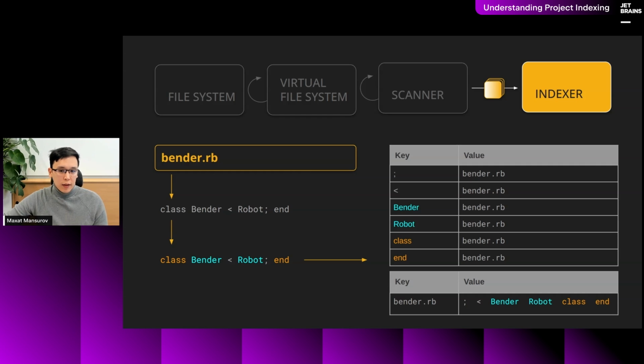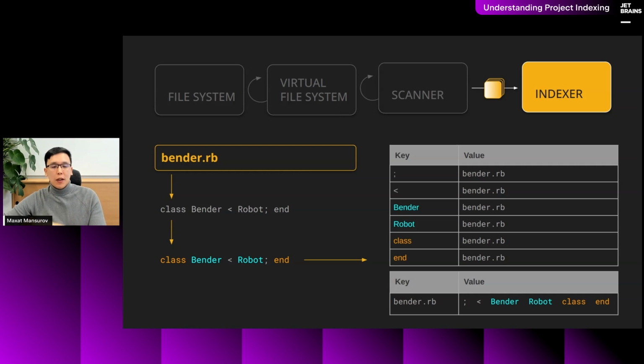This is basically what it takes to create the index, and I hope that this gives you an idea why it sometimes may take a while to index your project, especially if it is opened for the first time. First, as we saw, the files need to be loaded into the virtual file system.